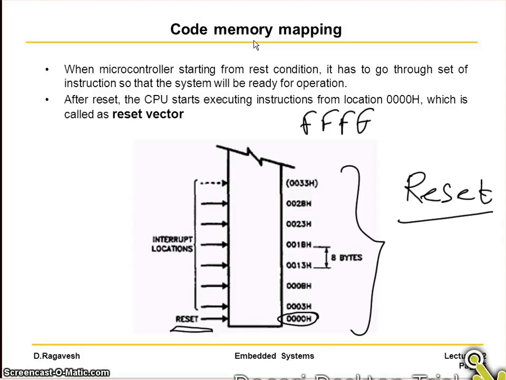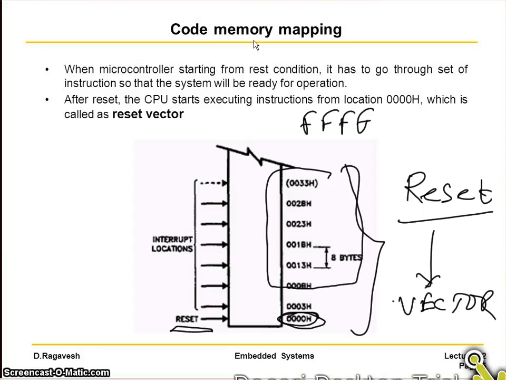Like, as you see with most products, when you start, it performs the same operation every time. So how does it happen? Every time you switch on, we need to make a reset circuit in such a way that it starts from this location, which is our reset vector. We call it the reset vector. There are also other interrupt sources which we will discuss in later sessions.